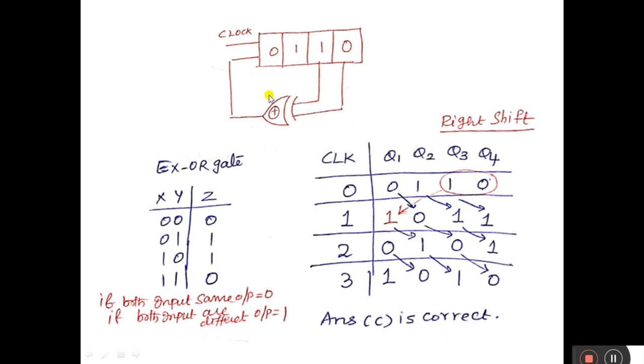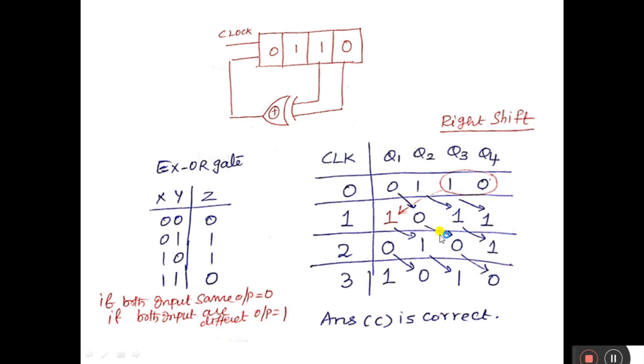And the remaining values shift: this 1 moves here, this one moves here, and this one moves here. So it is shifted, giving 0, 1 and 1. Now, after the first clock pulse, I am getting 1, 0, 1, 1. For the second clock pulse, taking the XOR of 1, 1, if both inputs are the same, the output is 0. This 0 is applied here, and then the 0 moves here, 1 here and 1 here. Now the answer is 0, 1, 0, 1 after shifting.